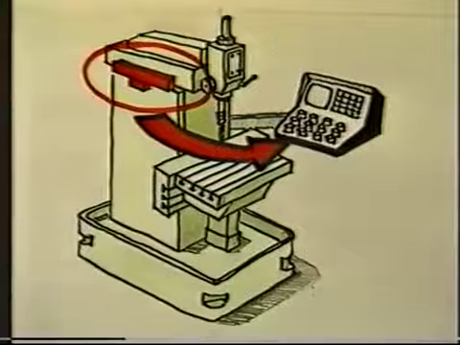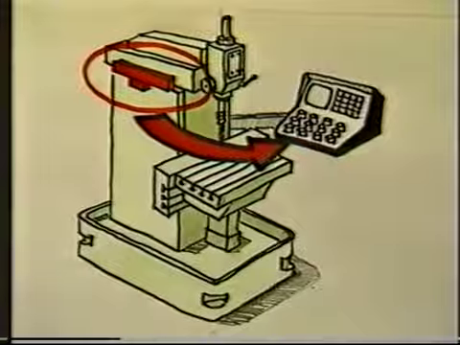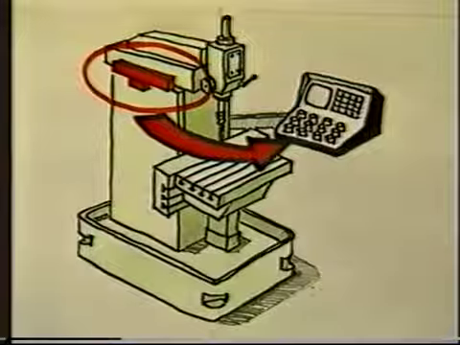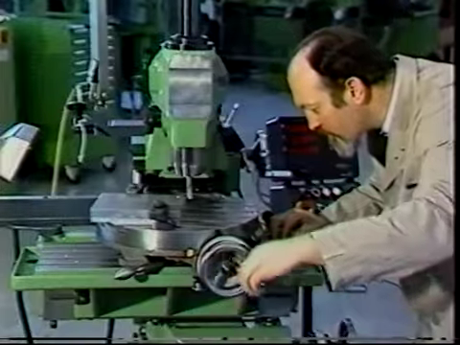This system emits electrical signals when the machine slide moves. The control system can tell by these signals how far the machine slide has moved. That's necessary because the control system can't see, of course, where the tool is at any given time.